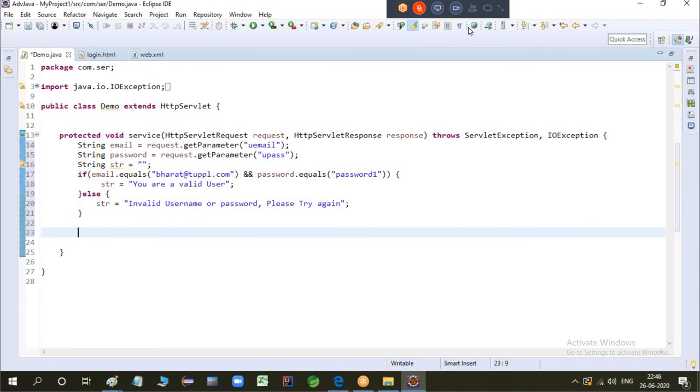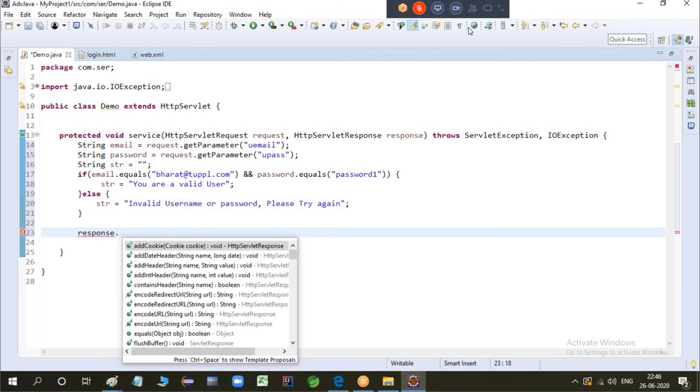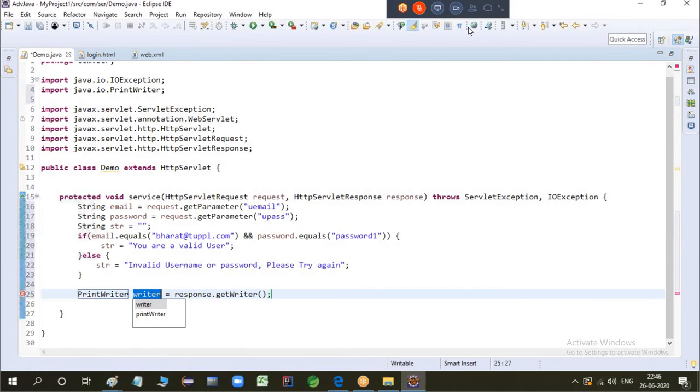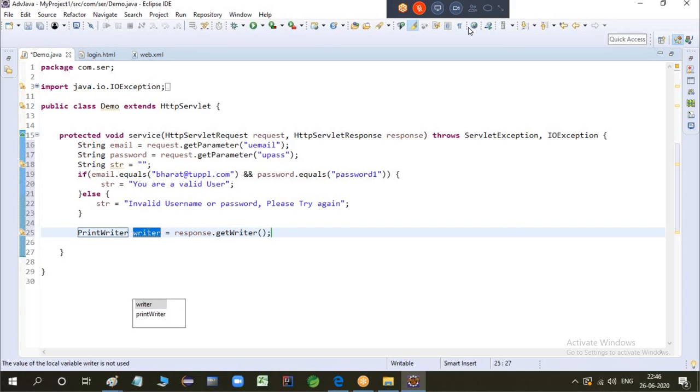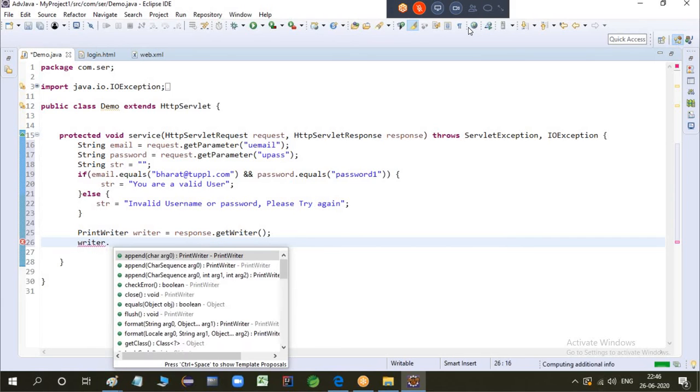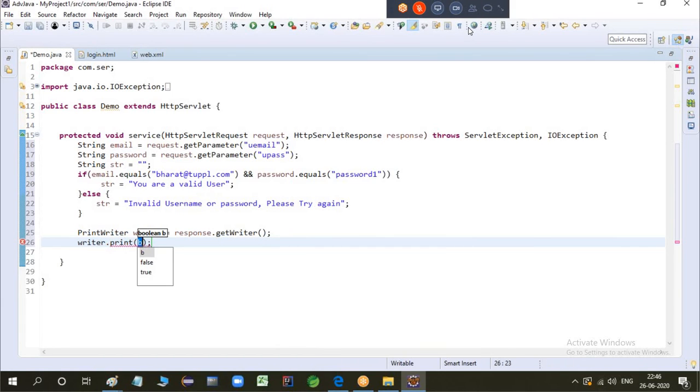So what you can do, you can just go back to the response dot get writer, which will give you the print writer object. Okay, writer dot println of str. Writer dot println of str.